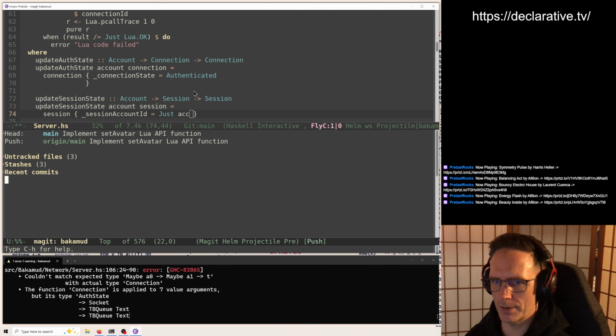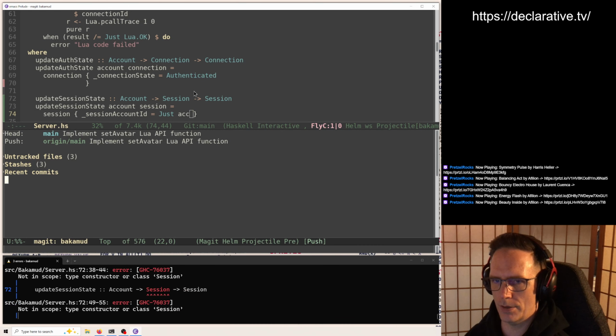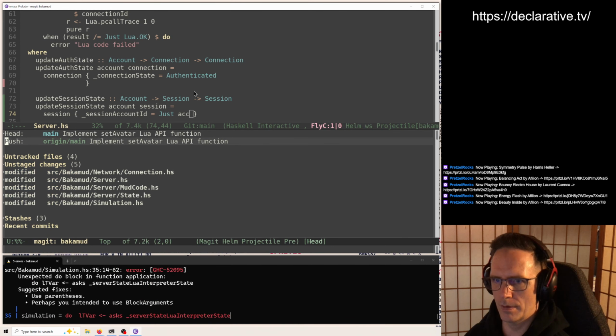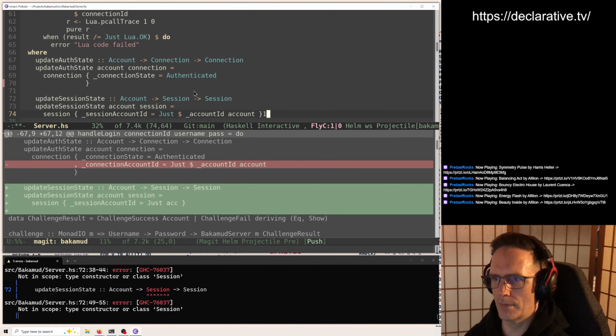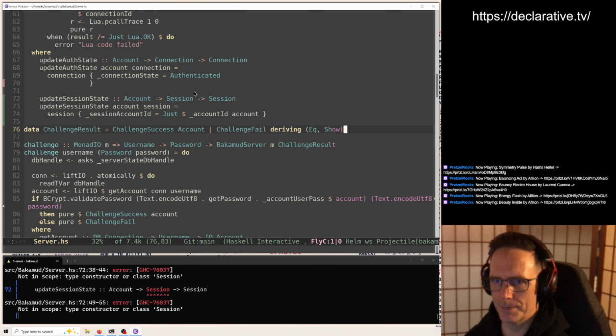Why are you hanging, Emacs? Just save that. Let me look at the diff. Yeah, just ID. Okay. That's all I needed.